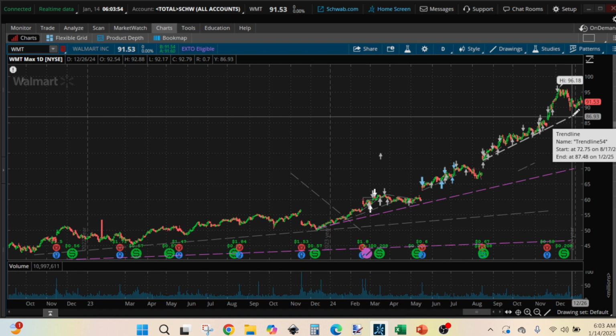And WSO, we have this trend line. We bought it somewhere there and now it went down. Went past this trend line. So this concludes how to analyze